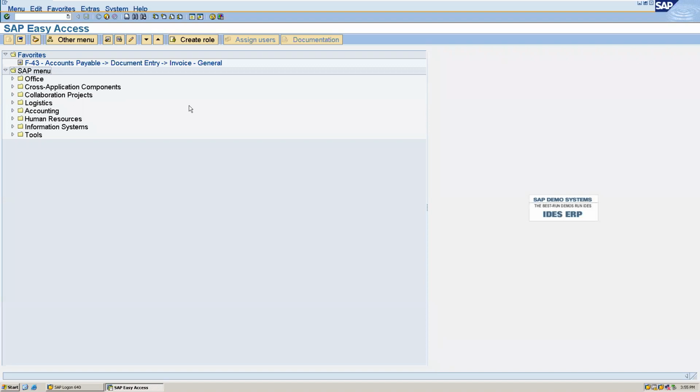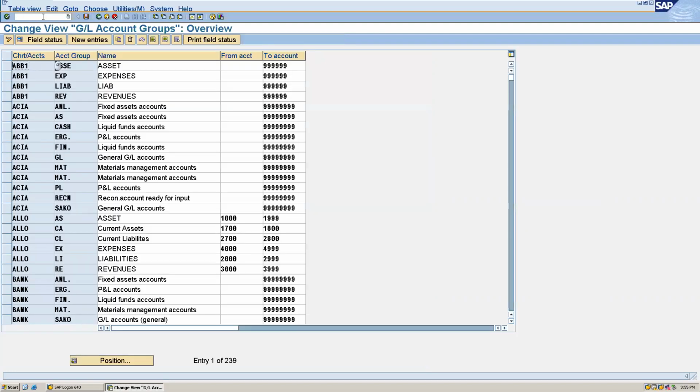First we will create a reconciliation account, because all the transactions related to the customer have to be linked to a reconciliation account, which has to be shown at the time of preparing the financial reports. The customer reconciliation account is a current asset. Let's check in the account group what number range we have maintained. Let's see in OBD4, the number range we have maintained for the chart of accounts ALLO. For the current assets, the number range is 1700 to 1800.